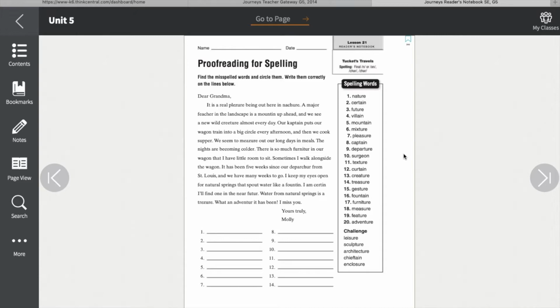Also, it is missing an A. So, it's P-L-E-A-S-U-R-E. Being out here in nature. So, nature has the C-H sound, but again, that C-H sound, once again, we found in our word sort, can come from a T-U-R-E spelling. So nature, as we know, is N-A-T-U-R-E. A major feature, and you can pick up on the pattern that many of these misspelled words are picking